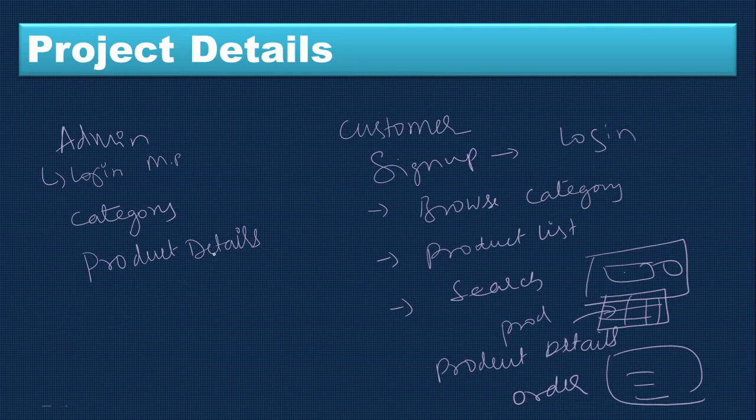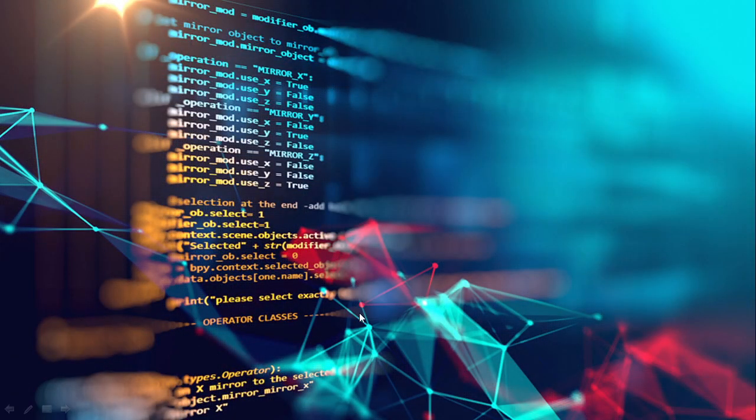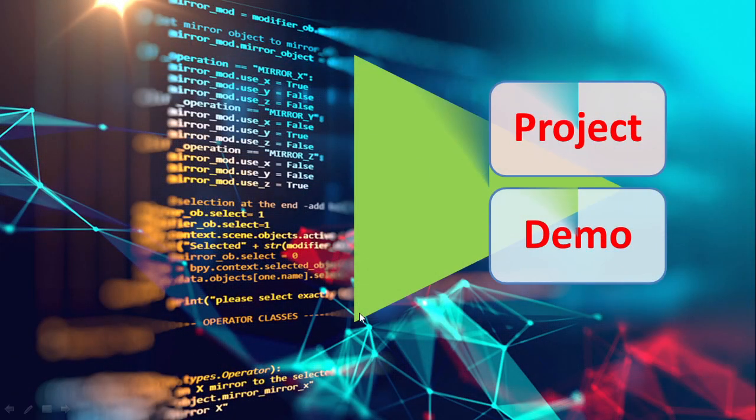On the admin side, to see who all the customers that signed up are, there is a customer list. There is an order list. And in case of payments, there is a payment list. These are the essential things for an online project, and we have included all of them. Then we'll show the demo, and you will get a clearer picture of how the whole thing can be done. So let's watch the demo.